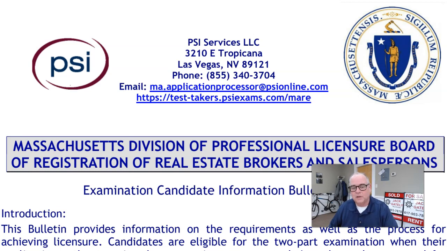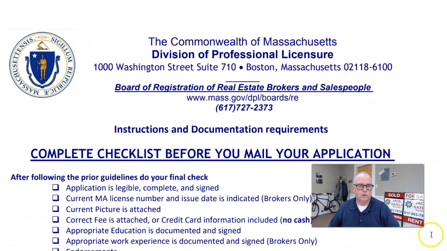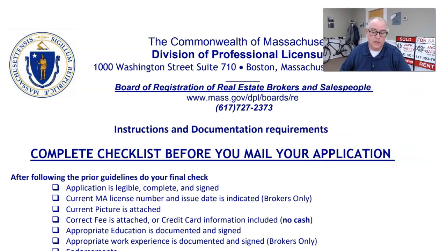So here is the bulletin. We're going to scroll down to the checklist, which is usually somewhere in the page 15 through 20 area. It might vary based upon which booklet you have. The candidate bulletin that we're basing this video on, I should say, is from February 2023. Okay, great. We've scrolled down to the checklist. It is now on page 19 of the candidate bulletin. So, again, it's slightly variable, but that's where we found it when we looked in the February 2023 candidate bulletin,